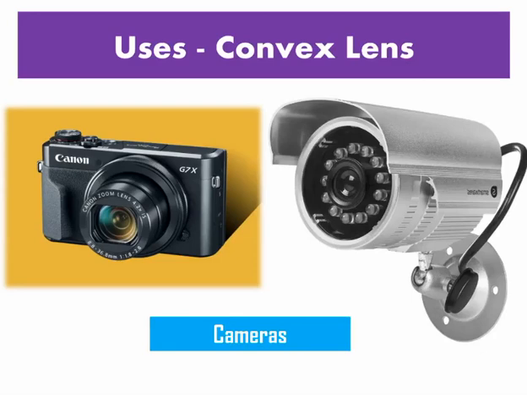Uses of convex lens in cameras. In a camera, we use a convex lens because it focuses an image as well as magnifies the image of the object. Also, the camera lens consists of a convex lens followed by a concave lens followed by a second convex lens. The first lens controls the magnification level of the image by moving away from or towards the object.